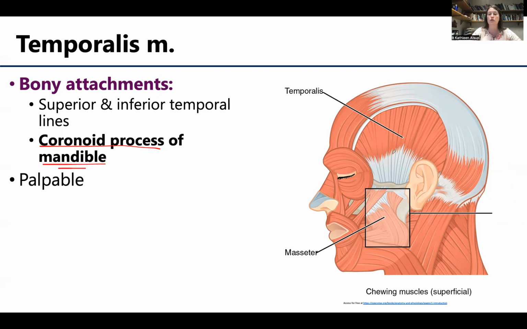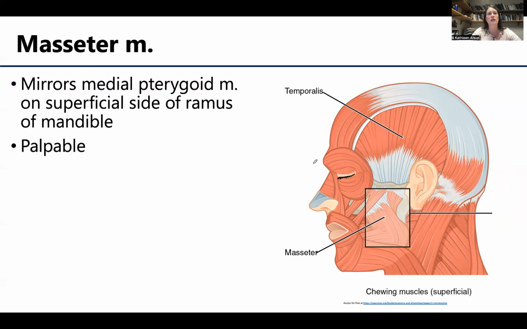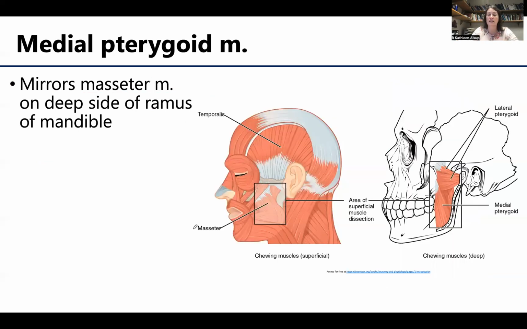So the temporalis is the more superior one. It's a bit more fan-shaped. Whereas the masseter muscle is also palpable. So if you contract right here, you can feel your masseter right here on the side of your mandible. This is another very powerful muscle. It's a rather thick muscle. It's going to be on the superficial side of that ramus of the mandible, so that vertical part of the mandible. And it's going to have a friend on the opposite side, or the deep side of the mandible,